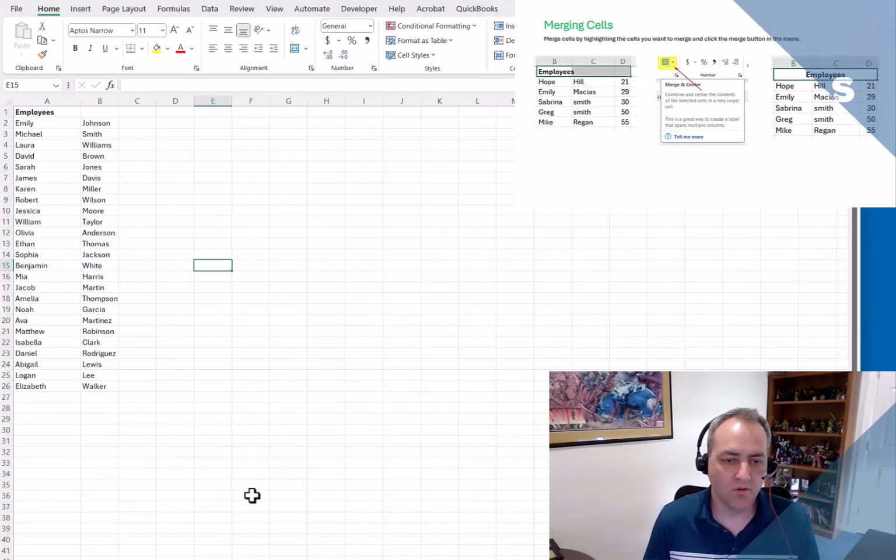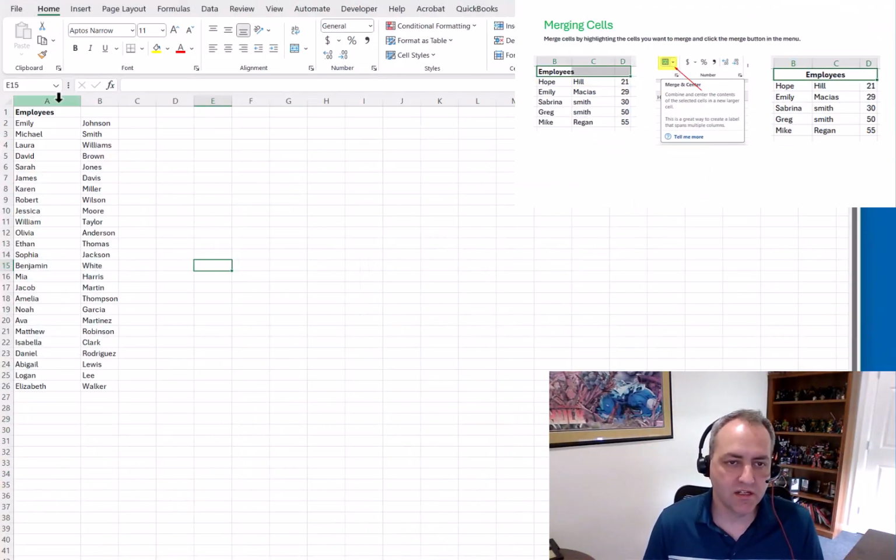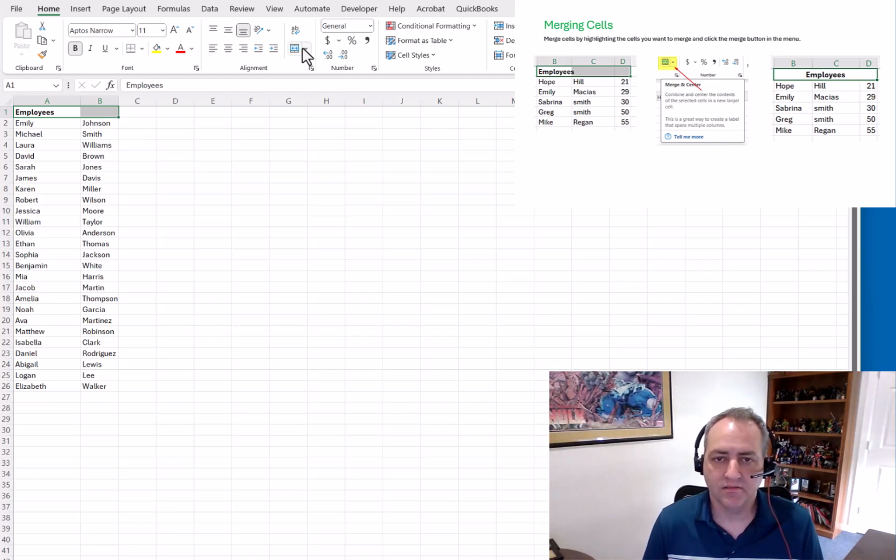So we have the same list of employees, but I've got this header up here, and I want this spread across both columns. So we're going to take this particular cell, and we're going to drag and select both cells. And up here in the alignment menu, we're going to click Merge and Center. And what it does is it just combined both of the cells together and then centered the word employees above